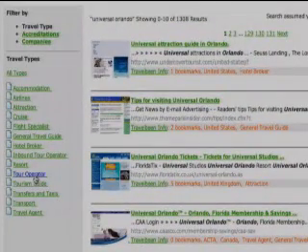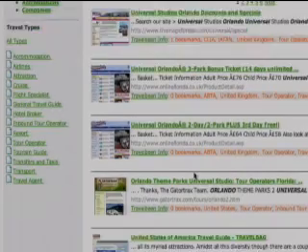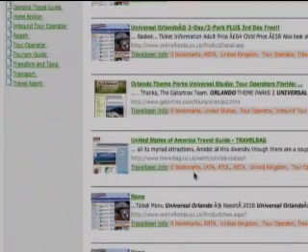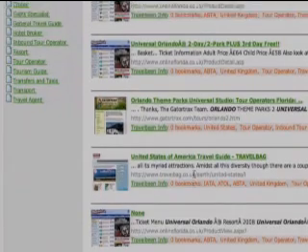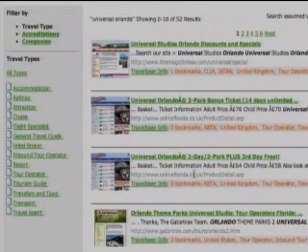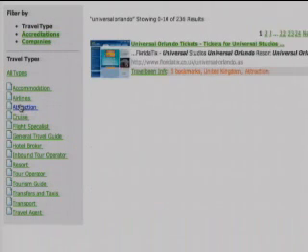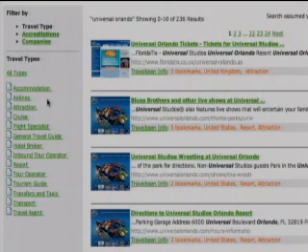We can then filter on that result set, on that search criteria, say by tour operator, and only see applicable tour operators for that keyword search, and nothing else. You could also filter on, say, attraction, and see websites that are in the attraction category, such as Florida Ticks and actually the universalorlando.com website itself.